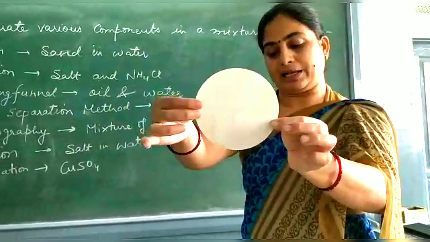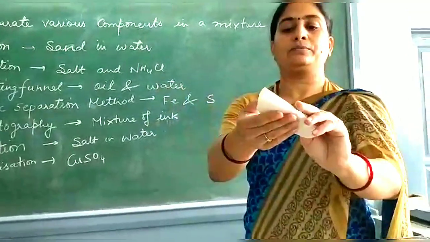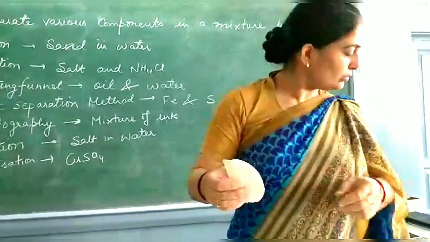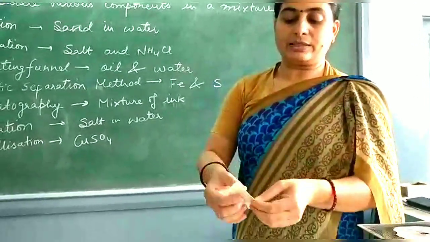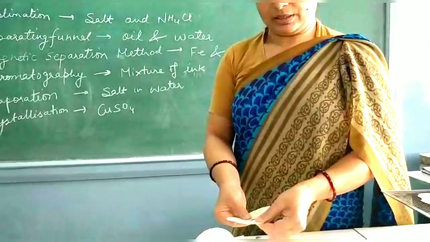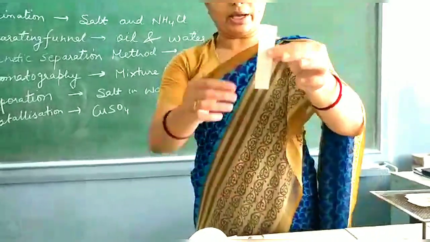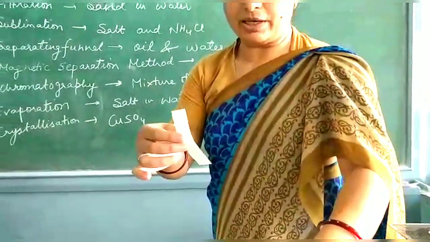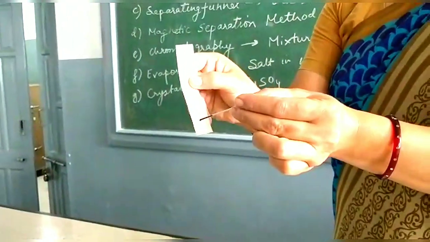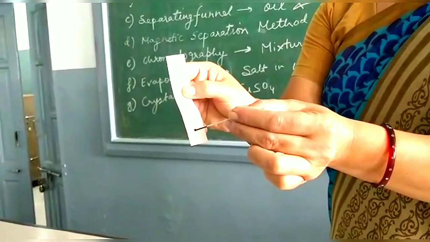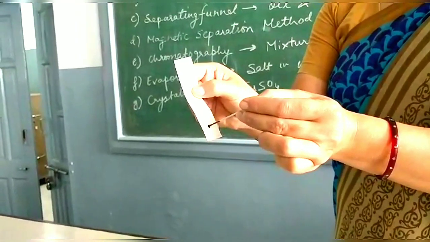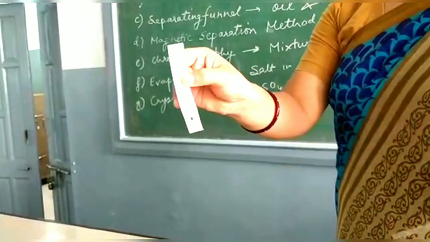This Whatman filter paper has to be converted into a strip by folding and then cutting, so that I can cut it into a thin strip. And once I get this thin strip, I'll get the strip this way, okay, and then I'll take a drop with the help of this capillary and place it at one point, so that the mixture of various components come and get accumulated over there.